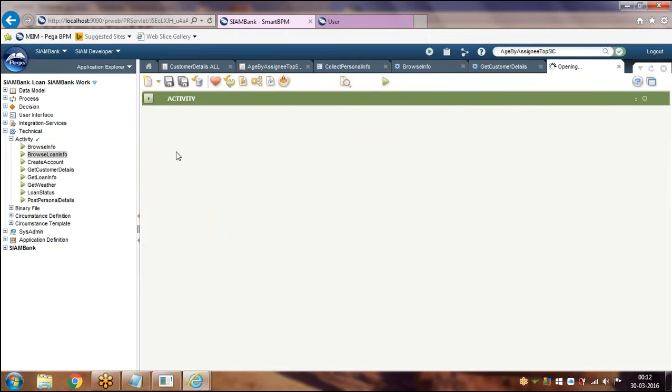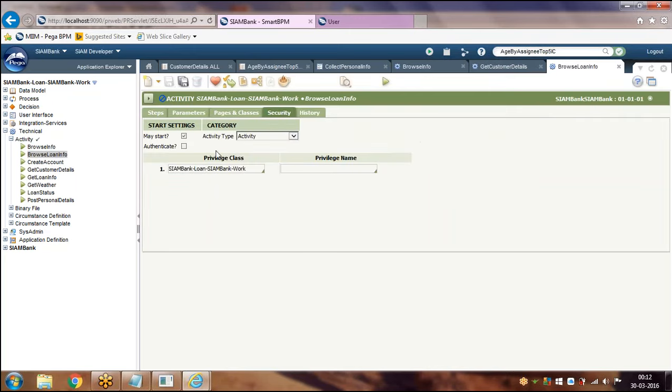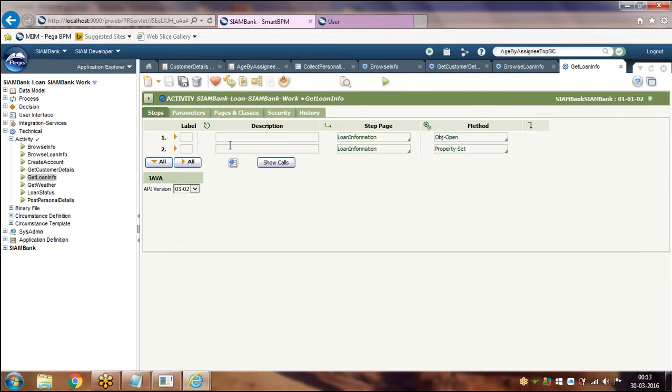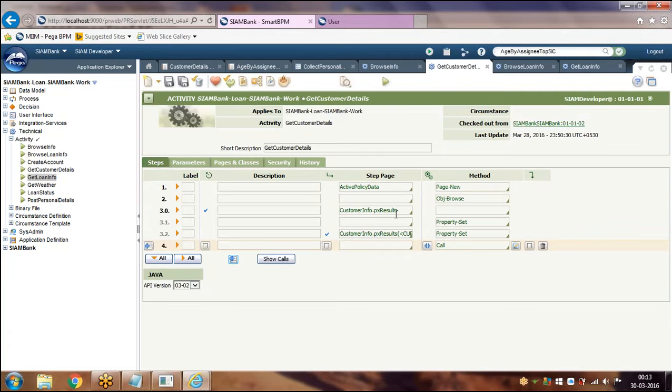This is checked. Get customer details. It is in which version? 1.1.2.